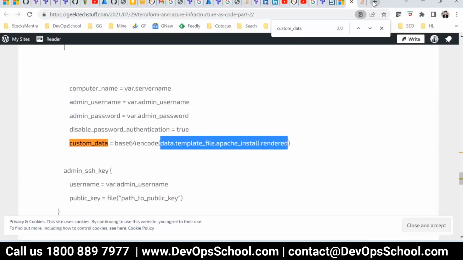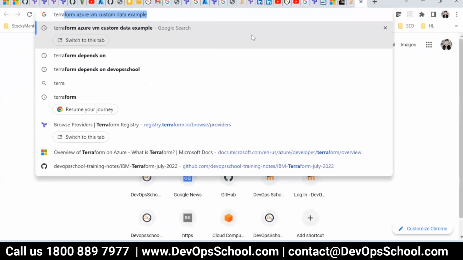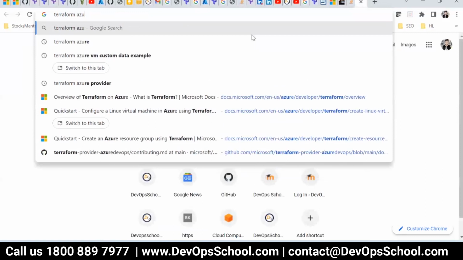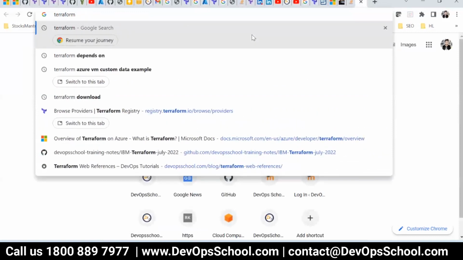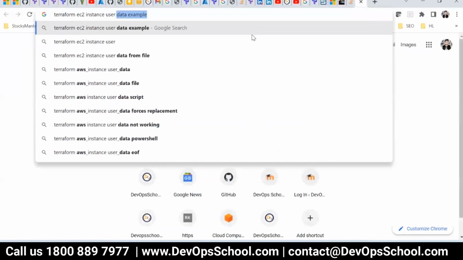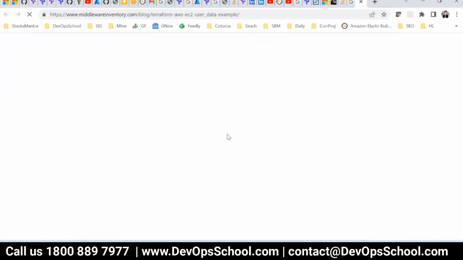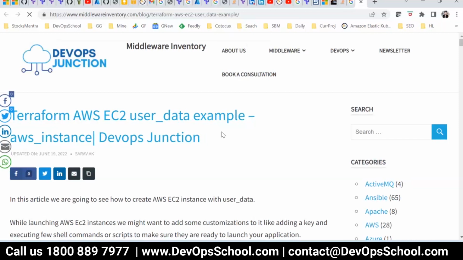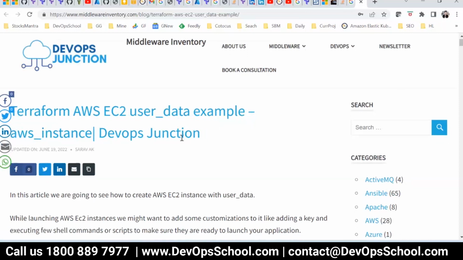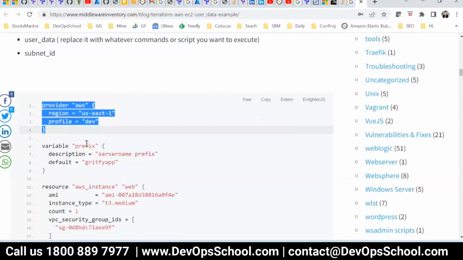You can pass it. Let me show you AWS also. So Terraform and the EC2 instance, as we call it in AWS. User data example. User data we have in Azure also, by the way. Here, look at this provider.